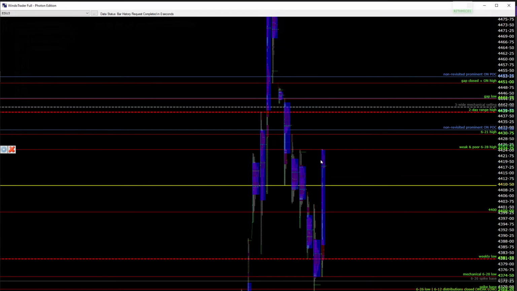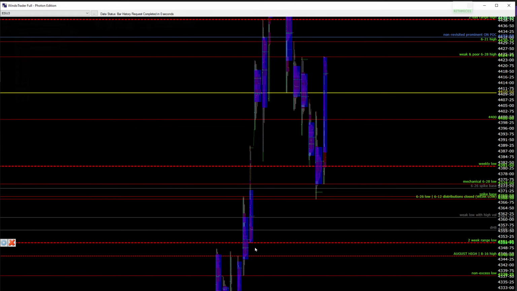Yeah, this high can be taken, and this one as well. These lows. What is left of this week has a lot of things, and next week also has a lot going on. All right.